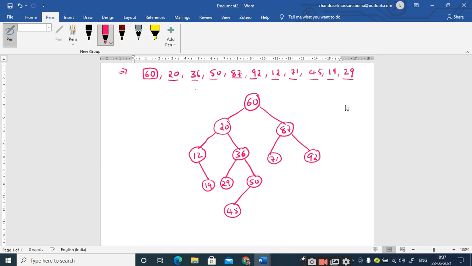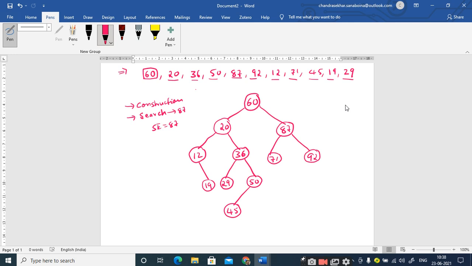So what is the next operation we are going to discuss? Construction is completed, and let me go with the search operation. The search operation is very easy, right? For example, I want to check whether the element 87 is present in the binary search tree or not. As I told, any operation that you perform on the trees, you should always start with the root node. Let me take 87 as the search element.